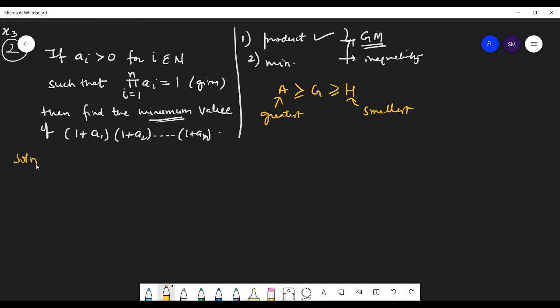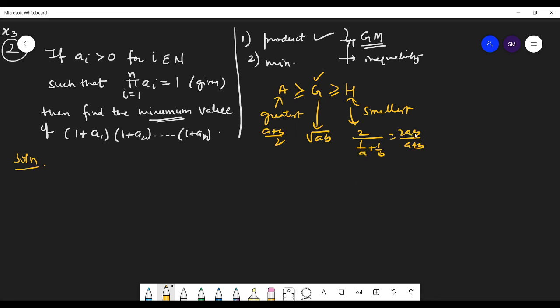So students, you are going to take the geometric mean, but along with it, what other thing are you going to take? Arithmetic mean or harmonic mean? Harmonic mean means, if you have two numbers, 2 upon 1 by A plus 1 by B, or you can say 2AB upon A plus B. And arithmetic mean is A plus B by 2, and geometric mean is under the root AB.